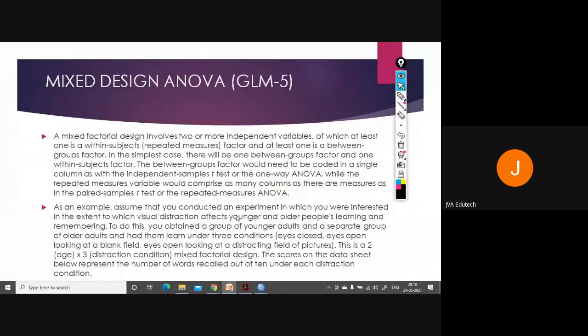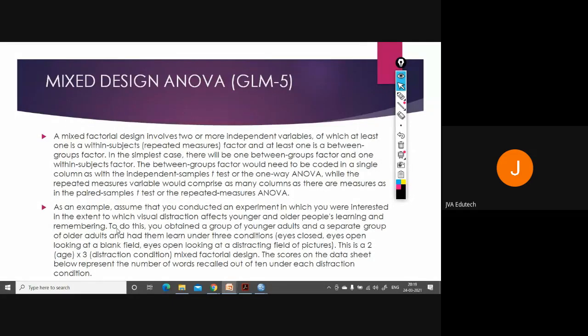Now you have two different samples drawn from two different populations, younger and older people, and you want to see the extent to which visual distraction affects their learning and remembering.